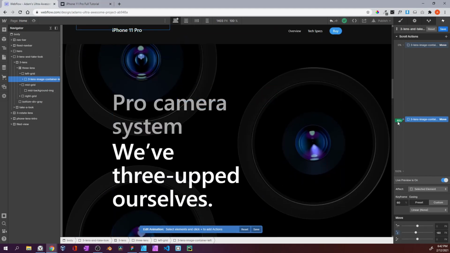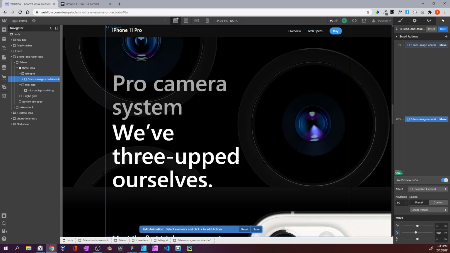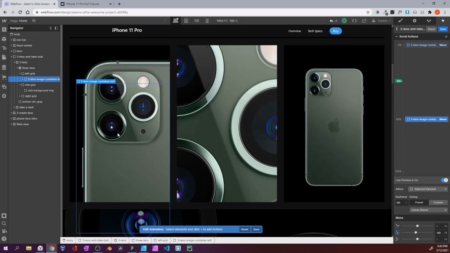it's at 60. And why is 100 down there? Because it's the sum of the height of this section that we put the animation on, the sum of this section 3 lens and the section of take a look, which is